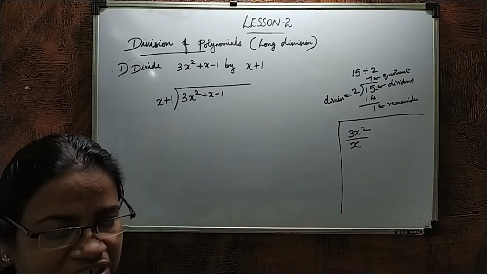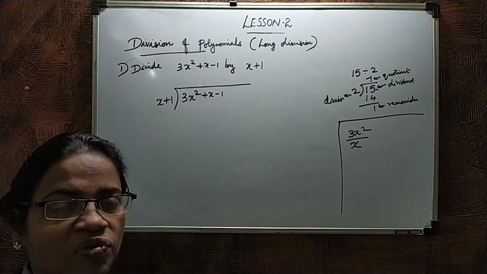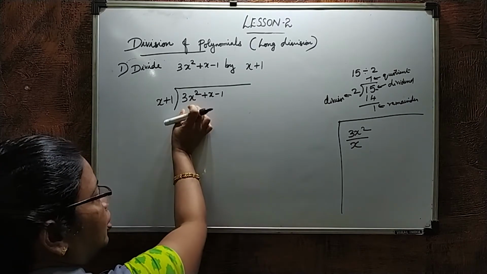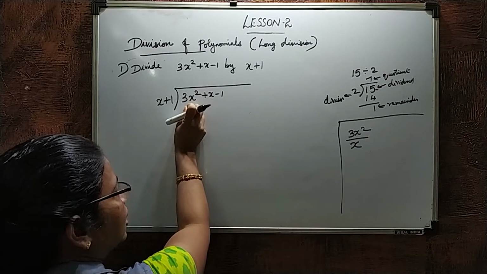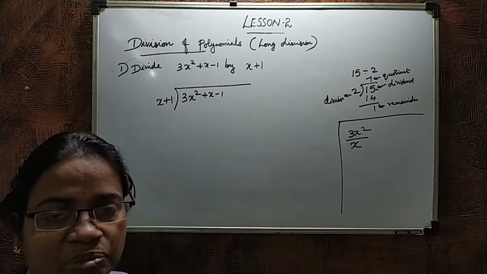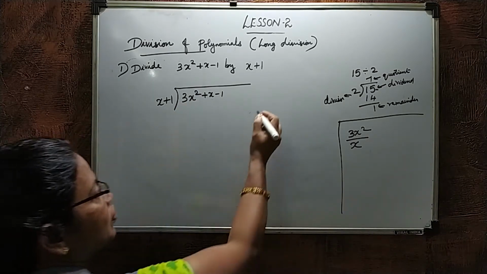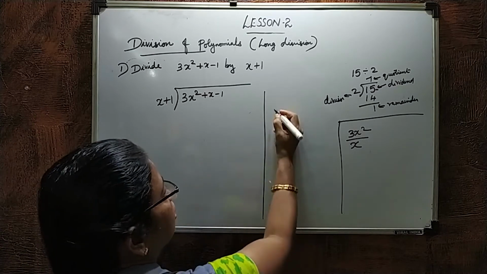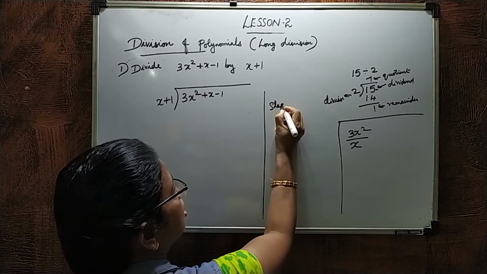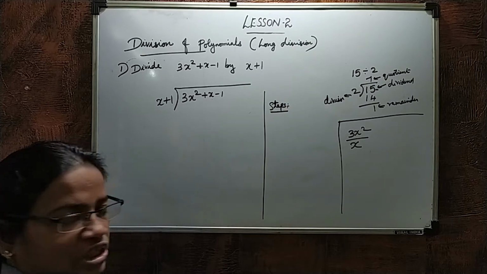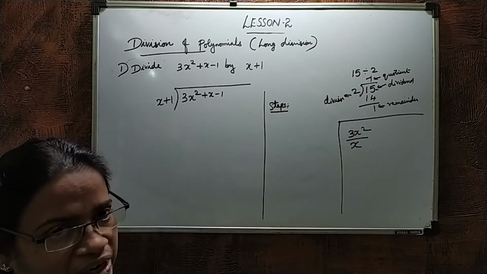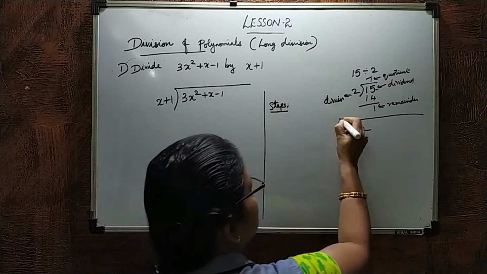So the first step is division. If you want steps, you have to write them here. No need to write for each one, only the first one we will write. Okay. So the first step is